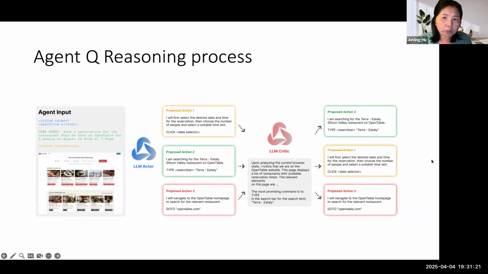Now this is an internal critic, a self-evaluation. So it internally generates three possible actions. It then analyzes itself, asking, is this the first action I should take? If not, it then proposes more actions, maybe does an additional search, proposes other actions.